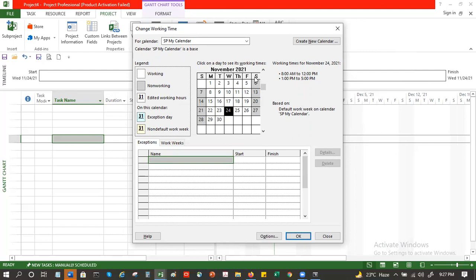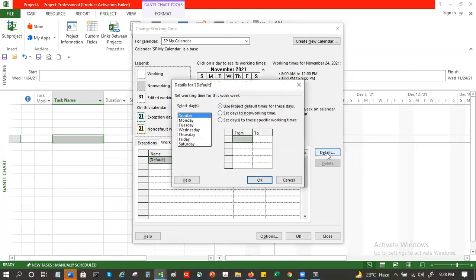And if I want to make any changes, these are the work weeks, this is the default. I click on default, I go to details. See, Sunday is non-working, whereas Saturday is also non-working. Now, suppose I want to make Wednesday non-working, I will say set days to non-working.